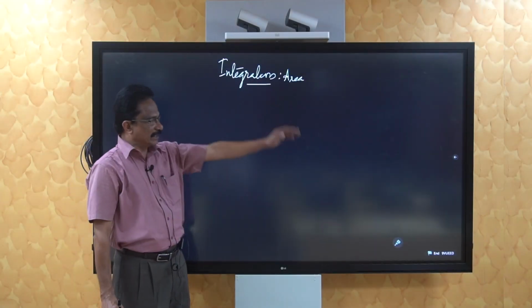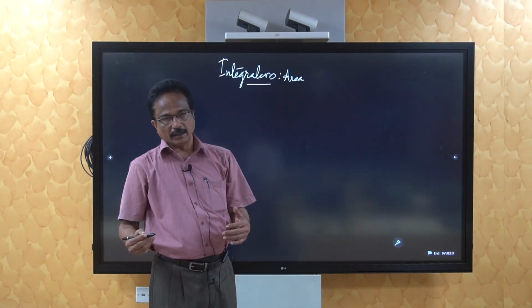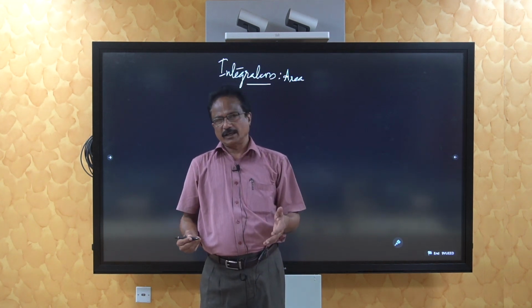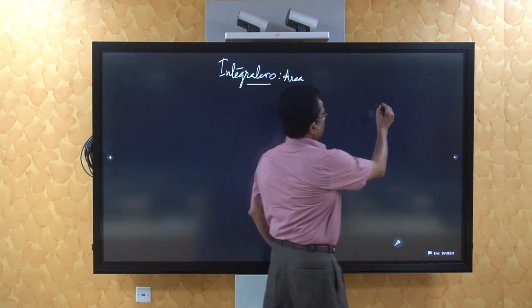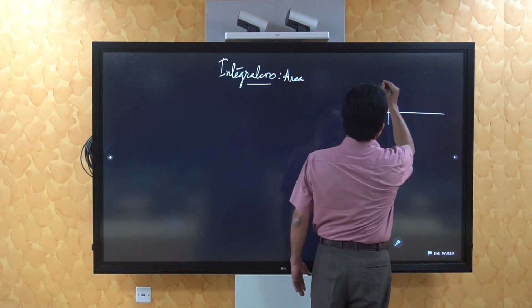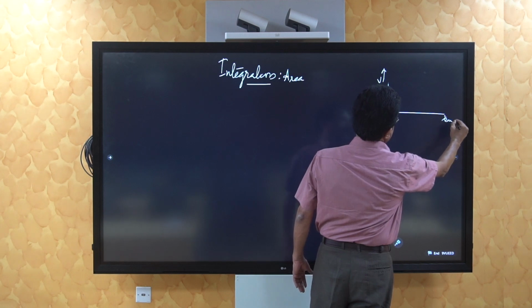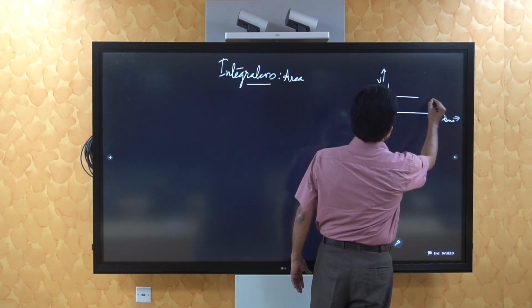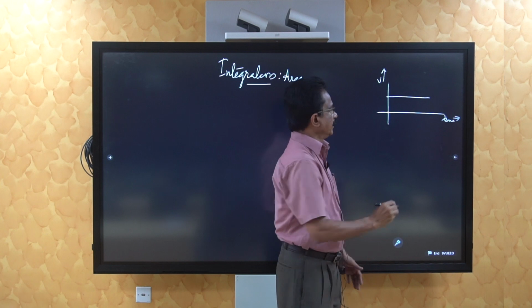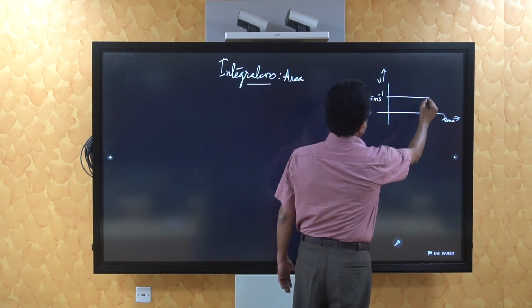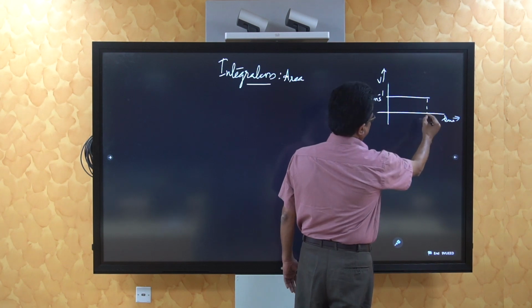Let's study about integration. All of us are familiar with a lot of graphs in physics, like the velocity graph and the pressure-volume graph. Let's consider a very simple example. This is a graph. Here we plot velocity, and here we plot time t. Suppose the graph is a horizontal line, with a velocity of 5 meter per second, and the time of travel is